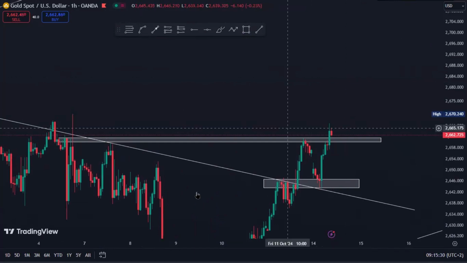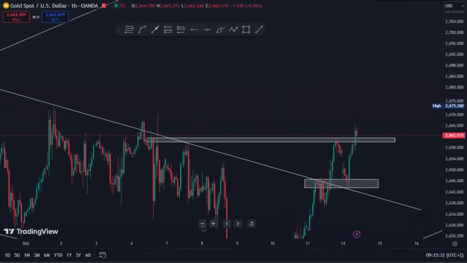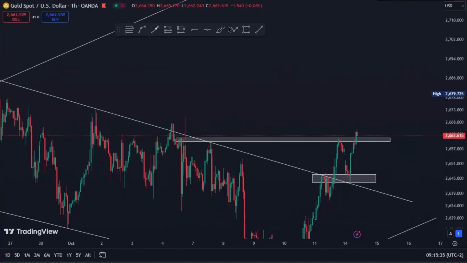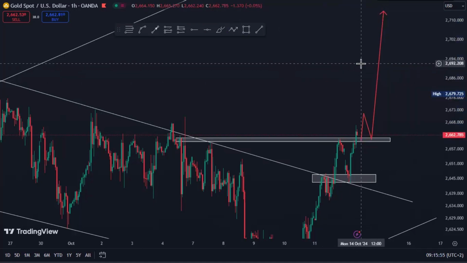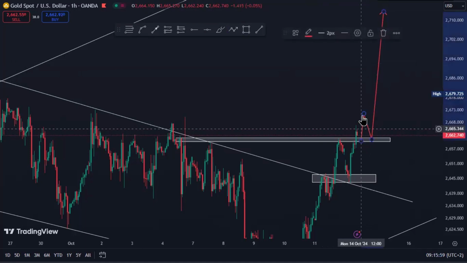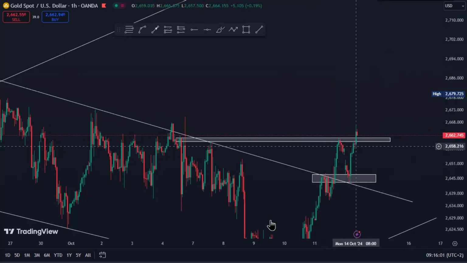Right, guys? So this is what we're gonna do. So now the market might push up from here, and then after that, maybe come down again with a clear retest, right? And then push up. Then that's where you're gonna take the market. Because I don't like the 15 minutes time frame on gold, guys. It's dangerous because I can tell you that the market is already retested, but no,